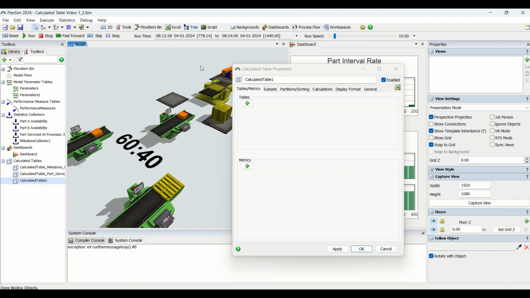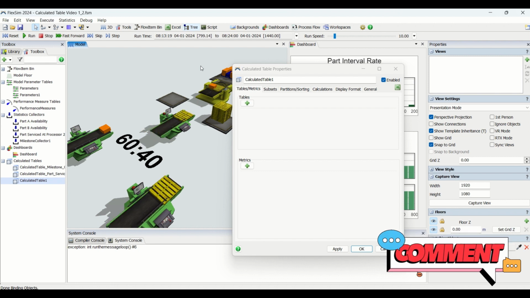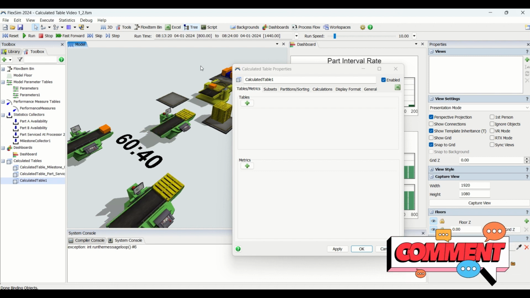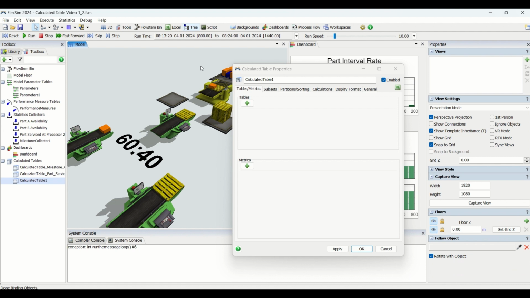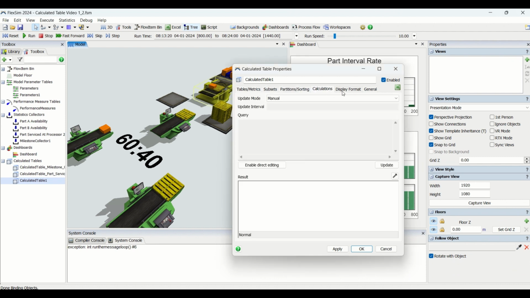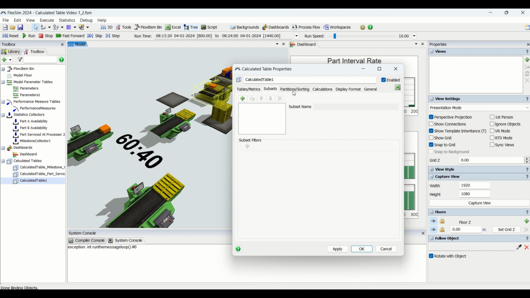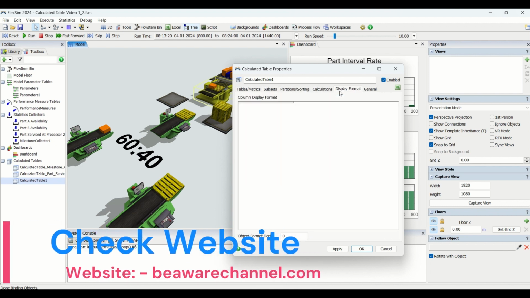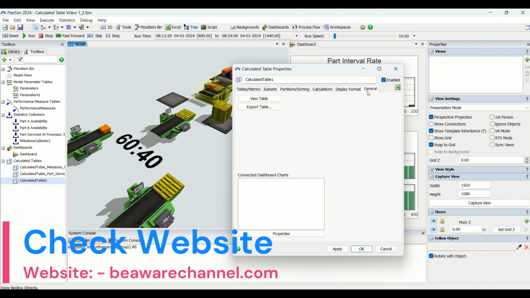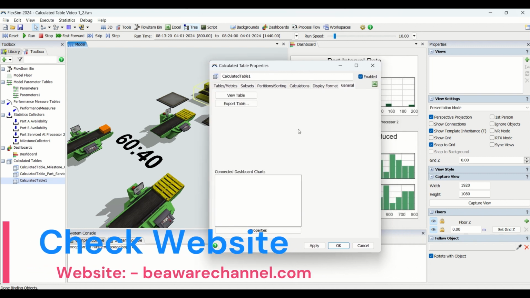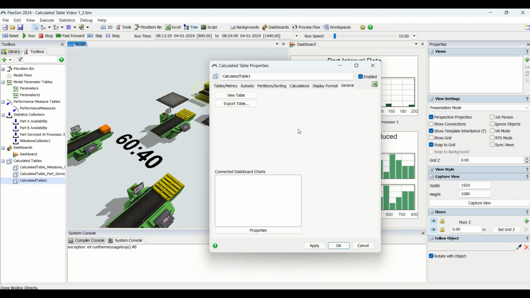For the calculated table, if you could look at it, we have these tabs in the calculated table. It starts from table/matrix. We have subsets, partitions, calculations, display formats, and generals. In this series, we are going to understand the properties of the calculated table,